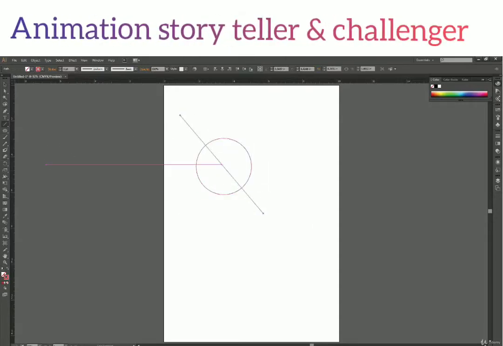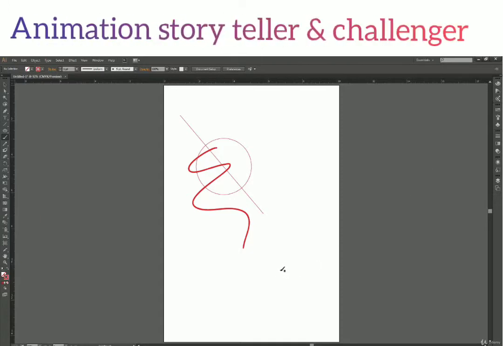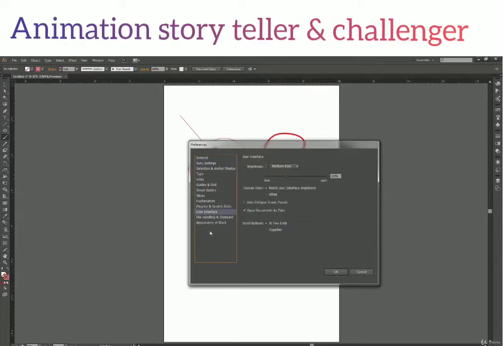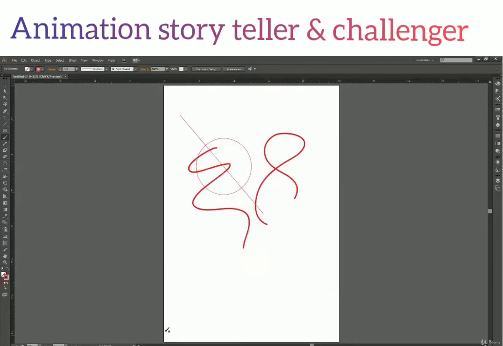We draw some lines and circles and we paint something, and when our work is done, we again click back to this icon and it closes. So let's go back here to user interface and let's check auto collapse iconic panel and press OK.